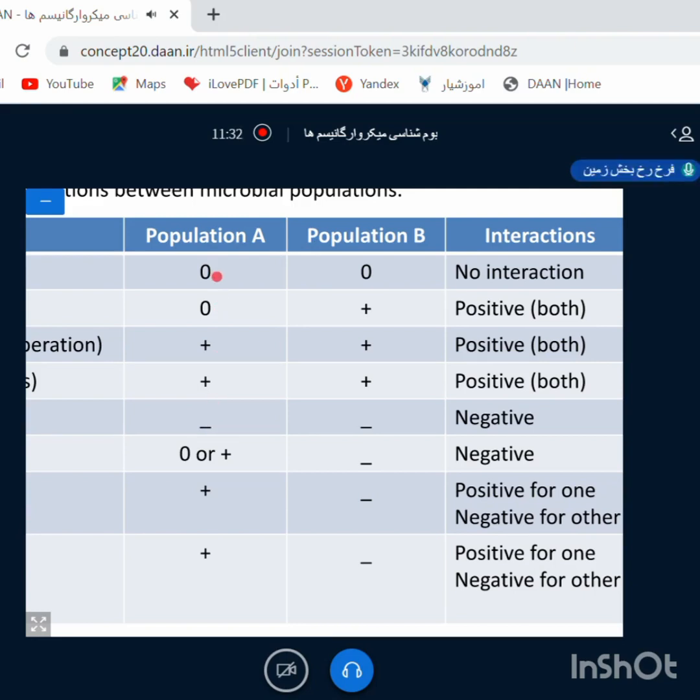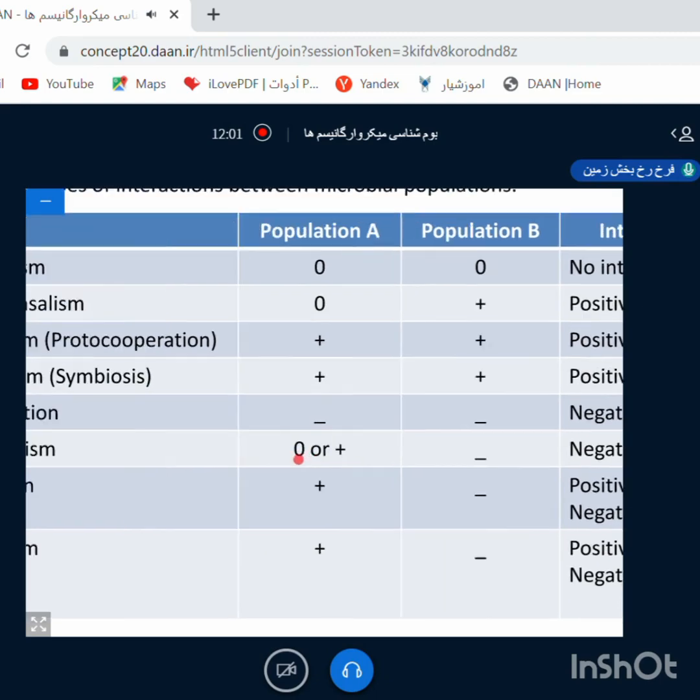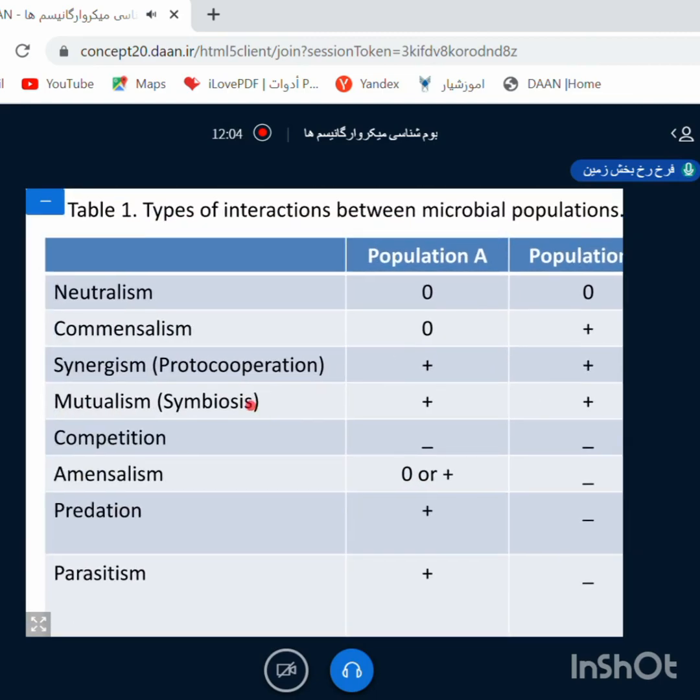Zero means no interaction, no difference. Okay? To be with this population, there is no difference. For example, here you can see population B benefits from being with population A, but for population A, no difference, no importance to be with population B. Okay? So we have these symbols, and we want to talk one by one